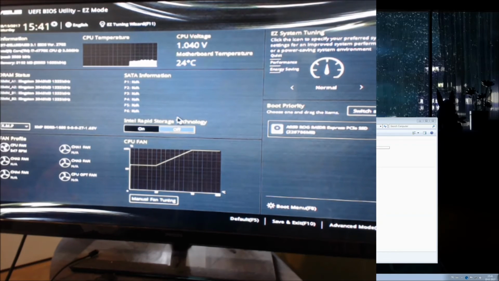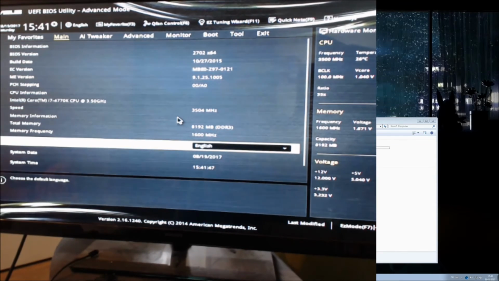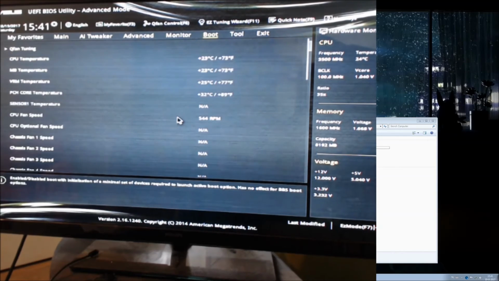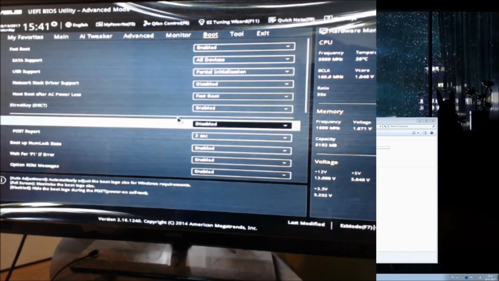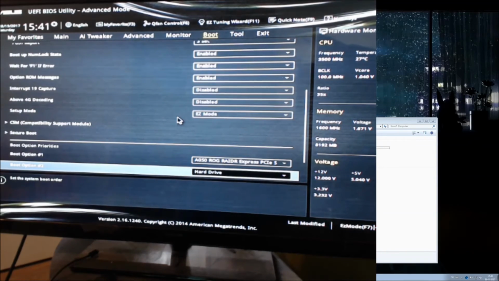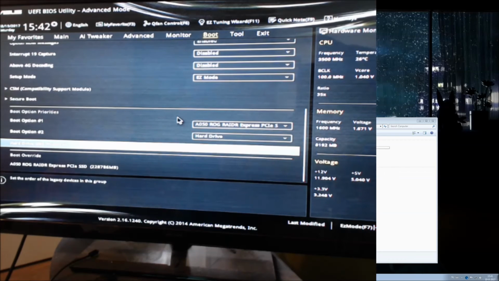So I hope you guys can see it. This is the normal browser version that you usually see. I usually like to go to the advanced mode, so this will be F7 in my case. Then we go to the boot order, and then we will go down to this little section that you see here. And I really hope you guys can see it because I'm doing this off my TV right now. It is the hard drive BBS,